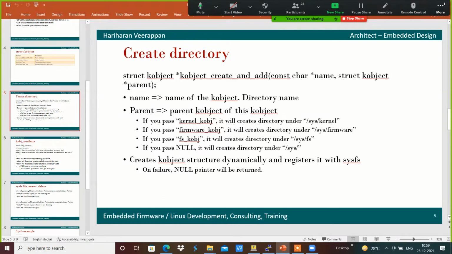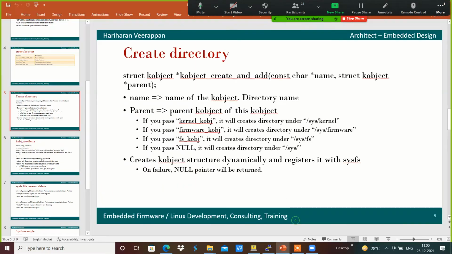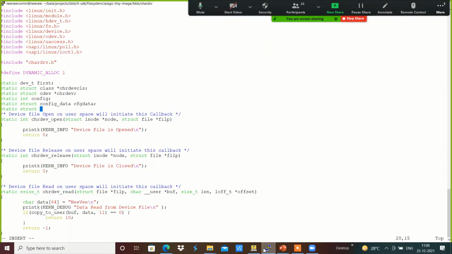In case of failure, a null pointer will be returned. And for example, I am going to create a static struct, where the output will be a kobject.